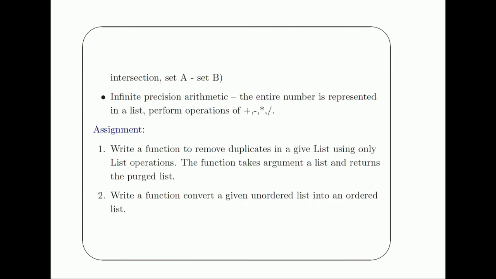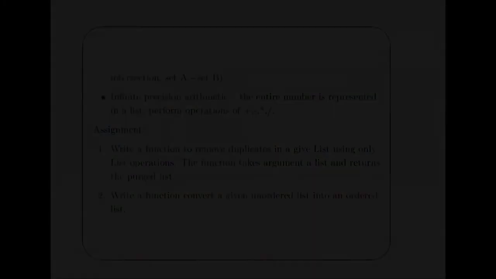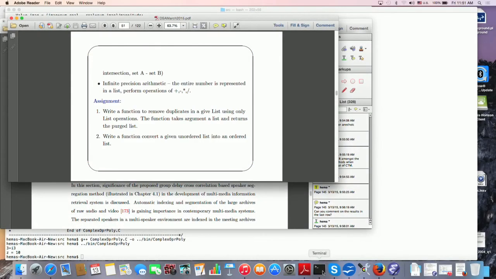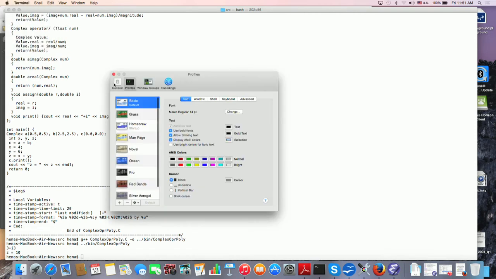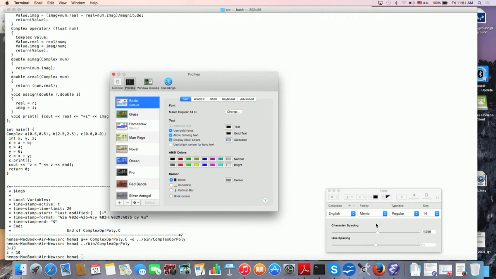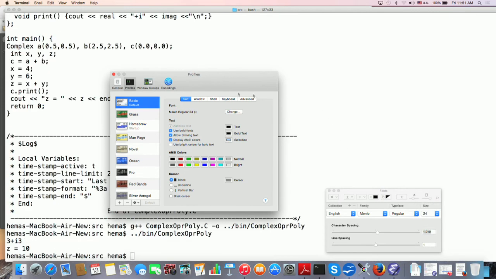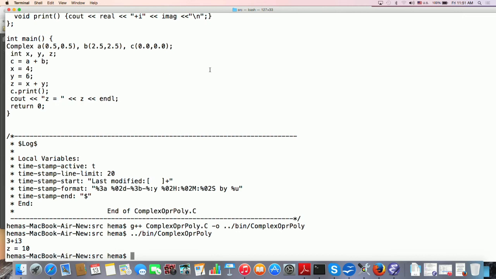Okay. Now what I am going to do is, I am going to show you again the running of this program. Let us go to this here. So I have here a program, let us say list. I want to show you this, let me see if I can increase the terminal preferences. Increase text, change character spacing. Yeah, let me just increase the font a bit so that you can see it a bit better. Okay, yeah, now this is better. All right. So let us look at this.